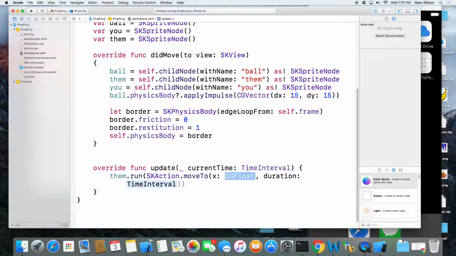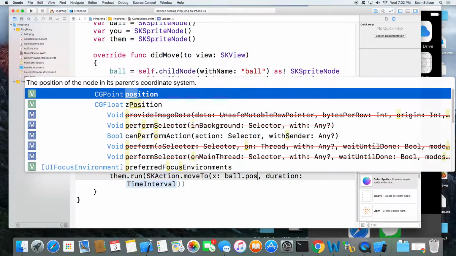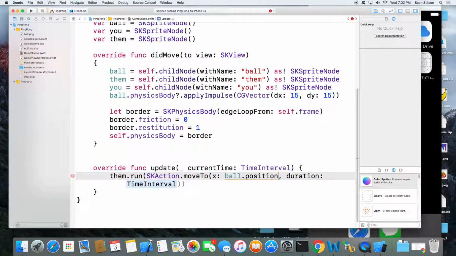The paddle doesn't move in the y. So the x is going to be the ball. So this is going to be our opponent reacting to movement of the ball. Ball.position.x. And duration is a time interval in seconds.